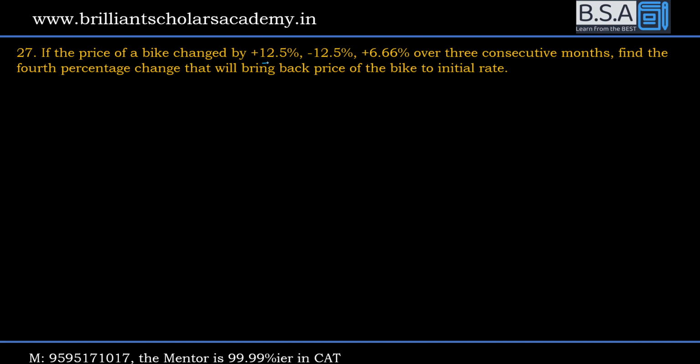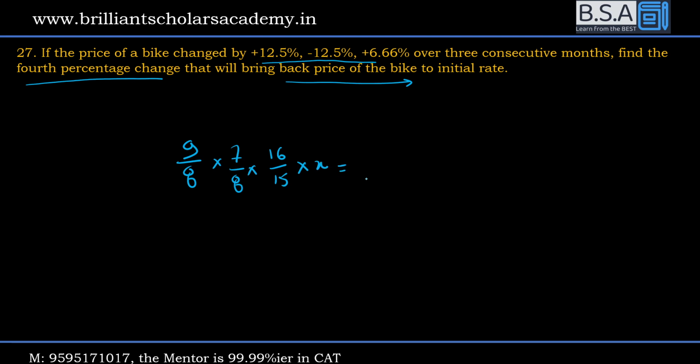There are 3 consecutive changes. Find the 4th percentage change which will bring the price back to the original or initial. So do you remember the first one was 9 by 8, second one was 7 by 8, next one was 16 by 15. I have no idea what is the 4th one, but I want the price to be back